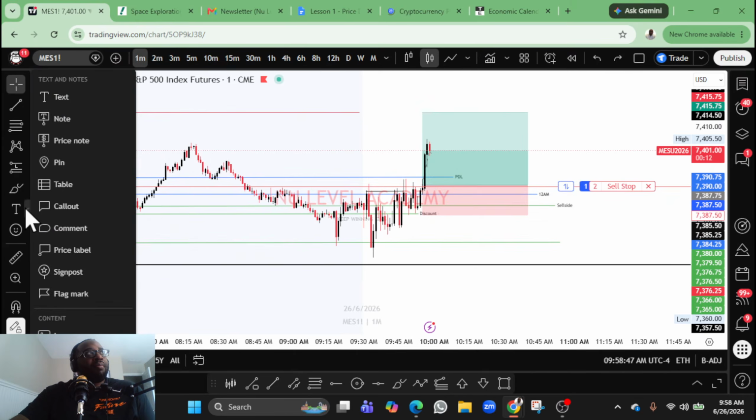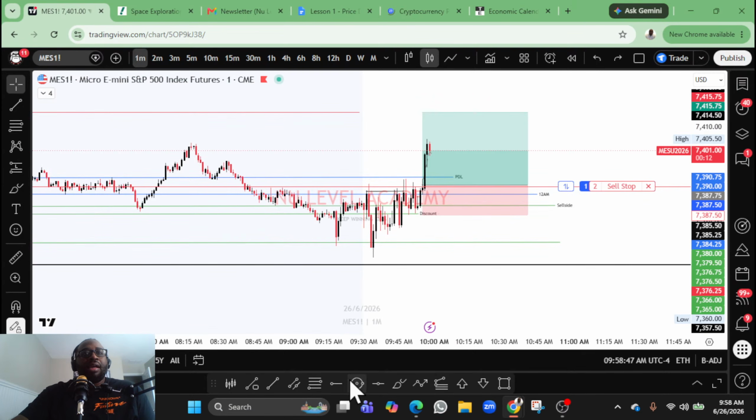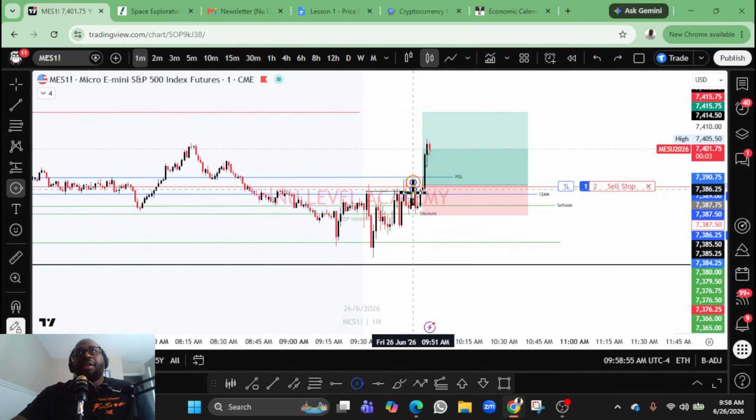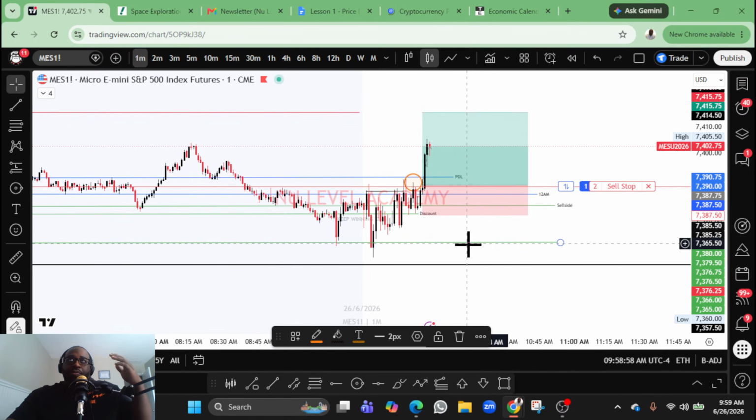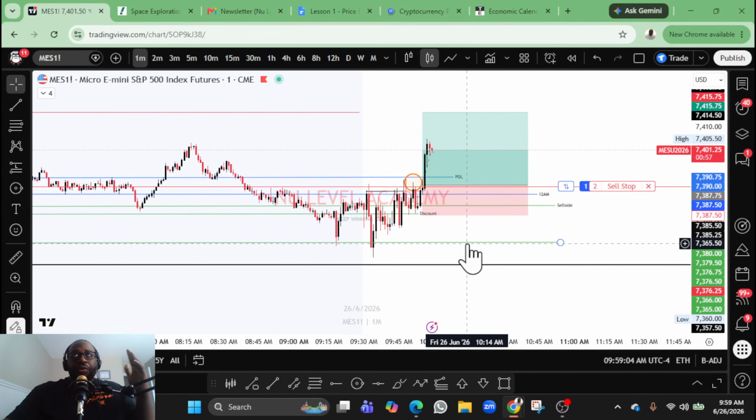Let me mark it so you can identify exactly what I'm talking about. And it was this candle here. Once we got displacement above our key level of what we wanted and it closed, it was okay for us to be able to hop back into the trade, right? Like we knew we got what we wanted. We pulled back into discount zone,